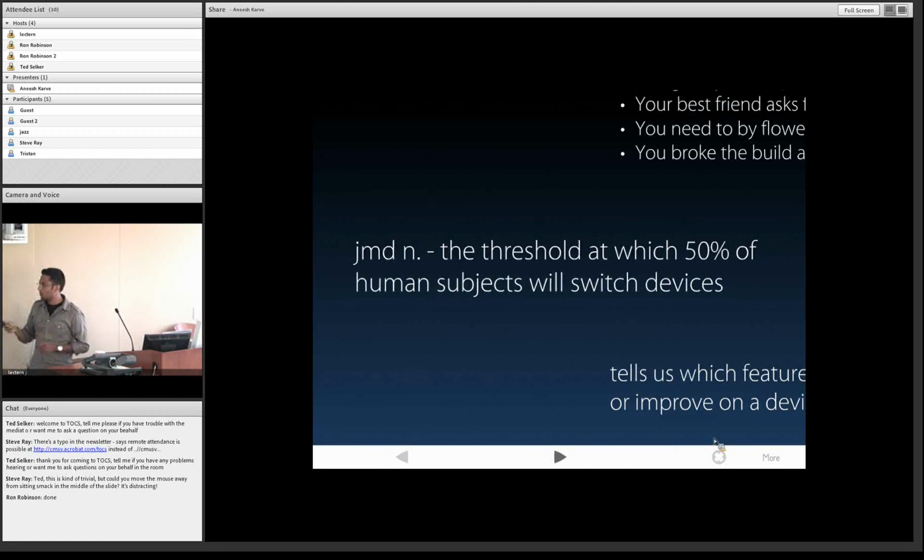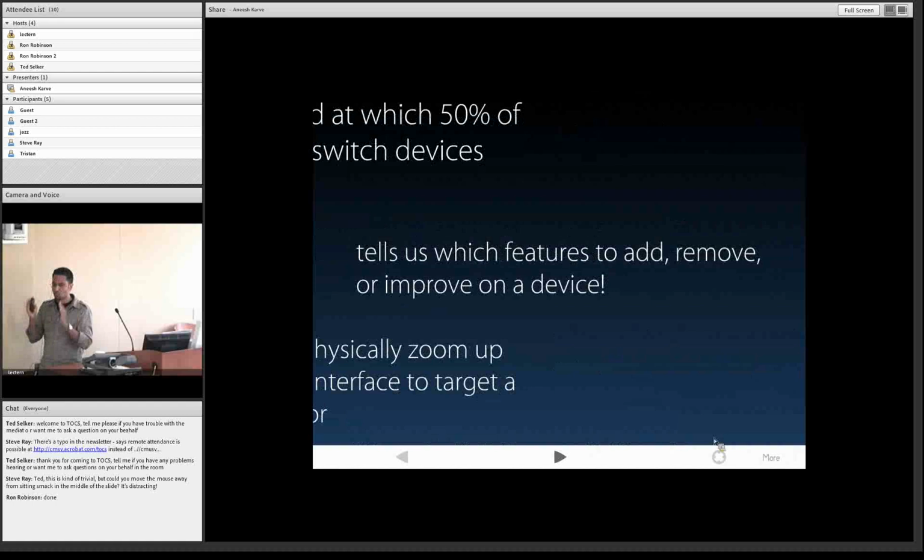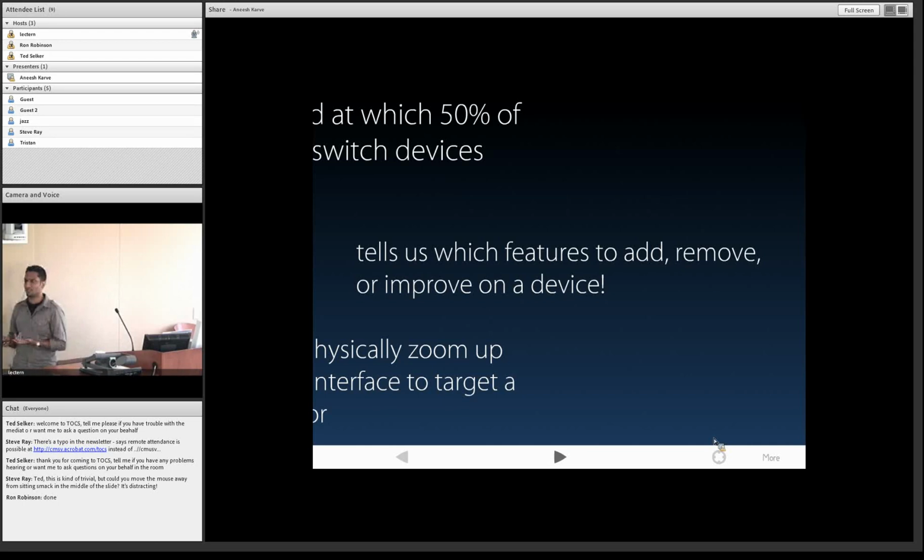And the important thing which I want to draw your attention to here is this is an extraordinarily important thing to know. On a per task basis, which devices are best optimized for completing that task? Because it tells us which features to add, remove, or improve on a device, which is a very important thing for product teams to want to know. And so the idea here is that if you are below the just mobile difference on a device, you're doing a good job for that particular task. If you're above the just mobile difference, which means that people are more likely, 50% likely at least, to switch devices to complete that task, it either needs to be repurposed and redesigned for mobile, or needs to be taken off the device.